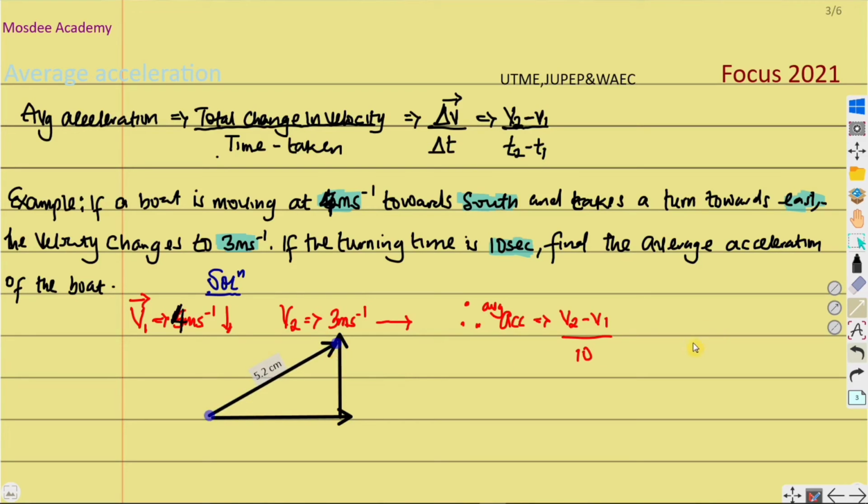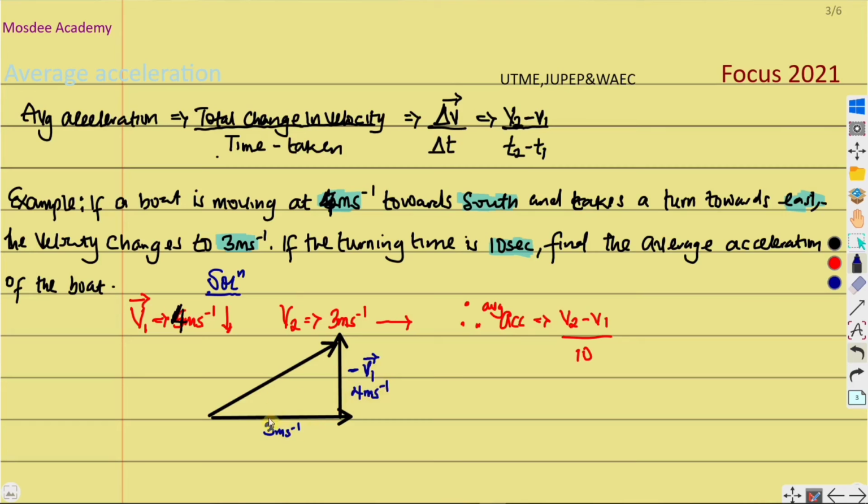That is why I'm trying to draw a realistic example or a good diagram for us to understand very well. So going by that, my dear students, we can quickly say the journey to the south was moving. You can see the tail of the vector, the head of the vector. All these will be discussed under vector analysis. We have 3 meters per second here, and the other journey now should be 4 meters per second, in the downward direction. I'm changing it to the upward direction, so my v1 here will now be in the upward direction. I will take the negative v1 vector. So please note that, and it is now 4 meters per second.